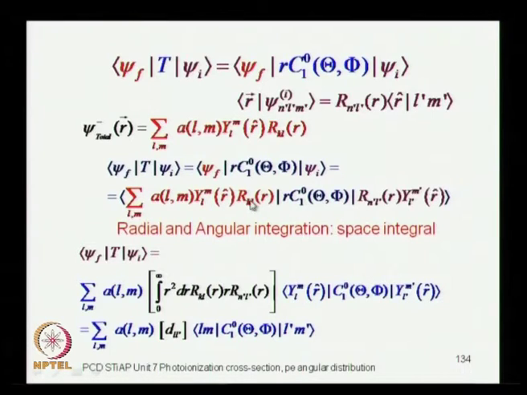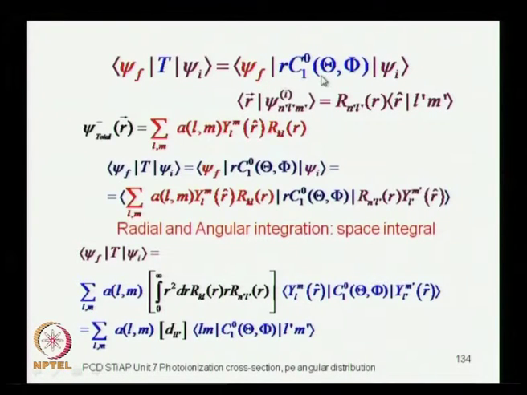You have got the radial function of the initial bound state. This is the continuum state radial function, whose argument includes the phase shift. This is the operator r, which is coming in from here. This is the matrix element of r into C. So, this r comes in over here, right. So, this is the radial integral, and then there is an angular integration, which is the matrix element of the